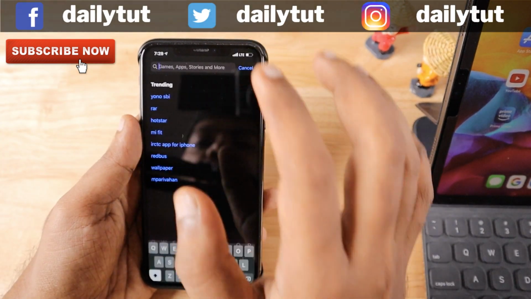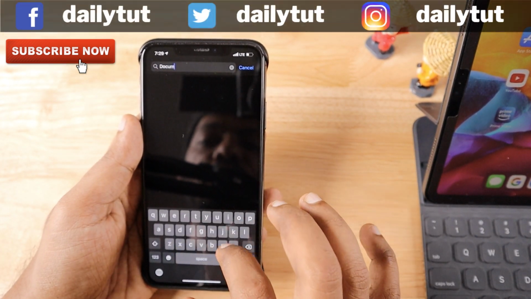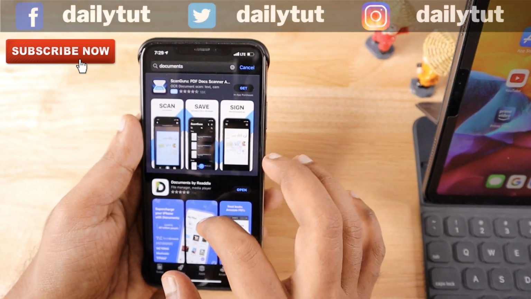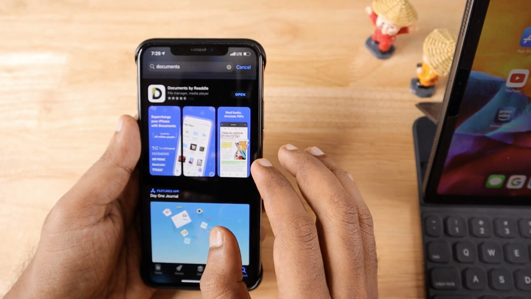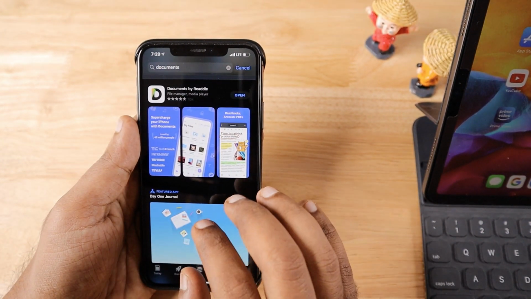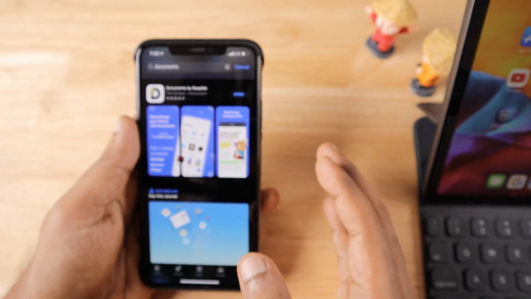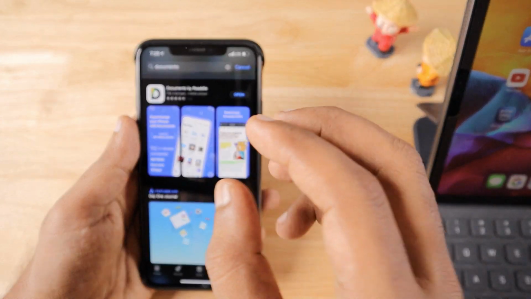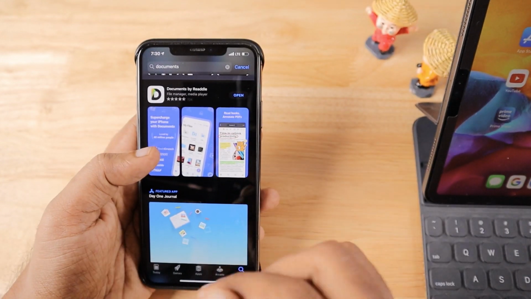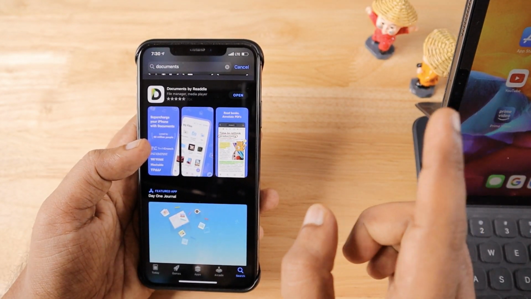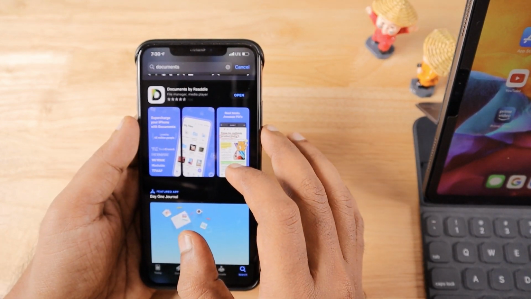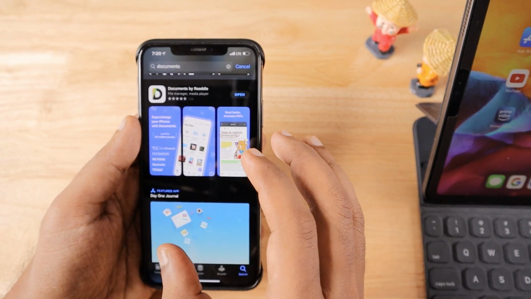The third-party application I was talking about, which we are going to use for password protecting your sensitive files and documents today, is Documents by Readdle. This is of course a very popular application which I have recommended earlier for downloading Facebook videos and YouTube videos, Twitter, Instagram videos, or any videos that you want to download and share with your friends and followers. You can find the link to that particular tutorial in the description of this video, or by tapping on this i symbol, it will take you over there. And today we are going to use this Documents by Readdle app to password protect our sensitive documents.